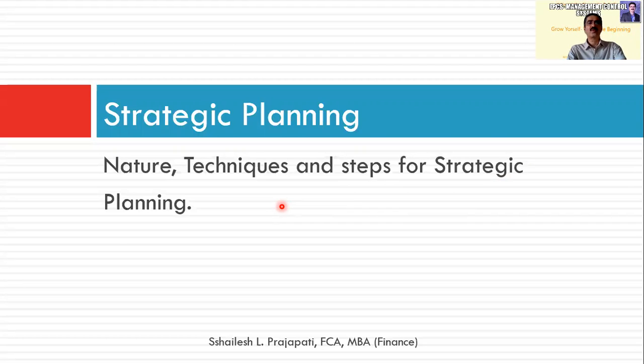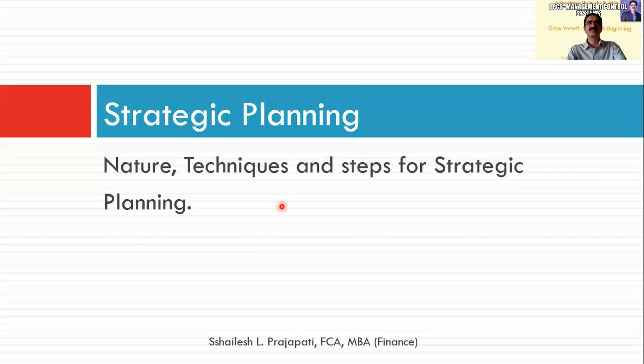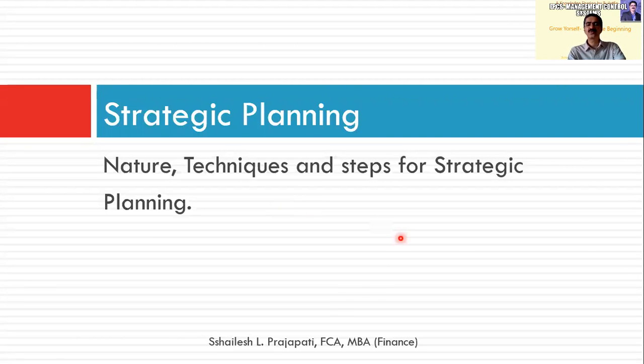So whatever we have spent in the planning process sometimes goes as a failure, and it gets into a reverse benefit. It means losses. So let us start with the techniques and the nature, and then we'll come to the steps and finally the ongoing process. Very small video, friends, and it will give a nice